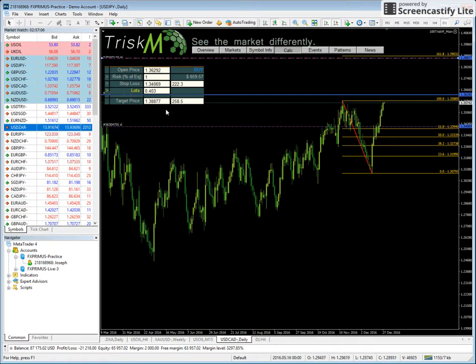So by using this particular feature, it makes it very easy for me to place this trade instead of calculating the lot size. Oops, did I forget to enter the lot size just now? But anyway, that's not the point. The point here is that it's calculated. Now for the US dollar pair, it is quite easy because each pip value is $10 per pip. However, when we enter crosses like